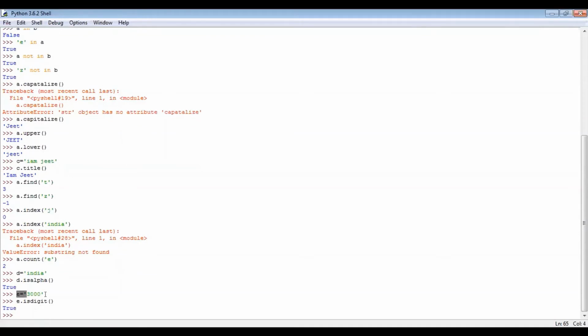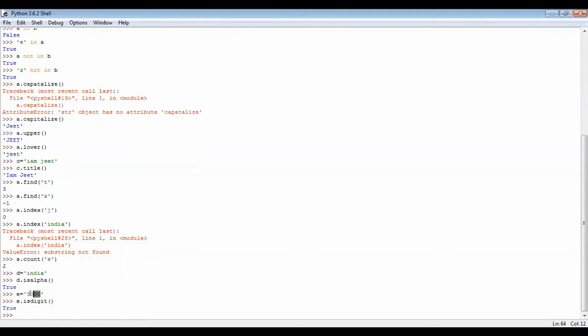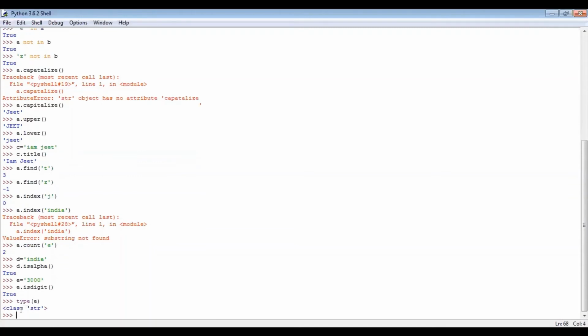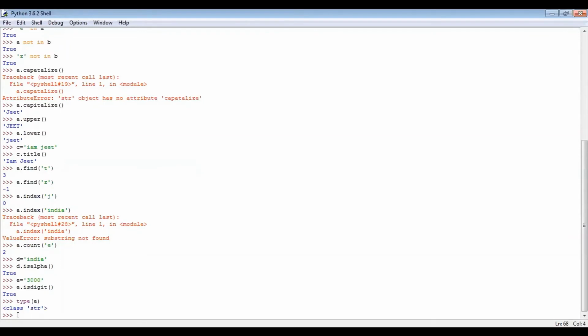As in this string, I've taken a numeric value and stored it using the inverted commas. So now this numeric value is a string value. And if I check the data type of this variable using the type function, it will print string and not numeric or int. Let's check. Class string. It's clear. So that was all about the isdigit function.